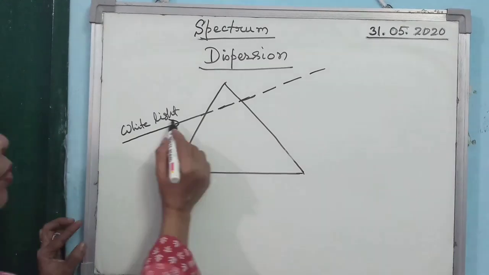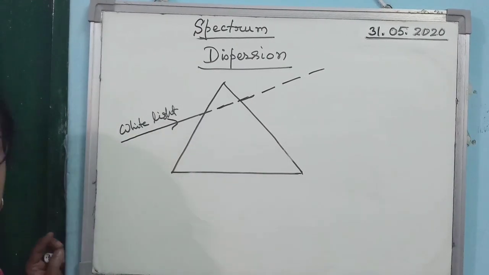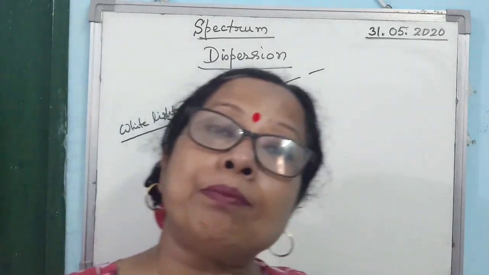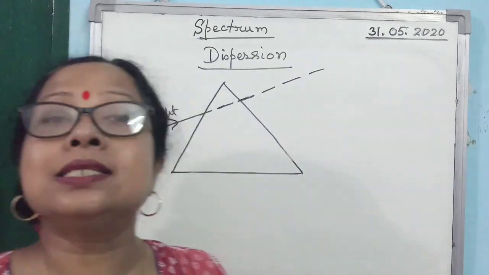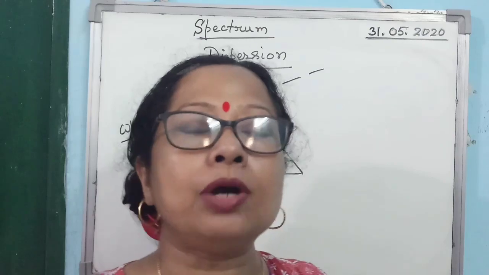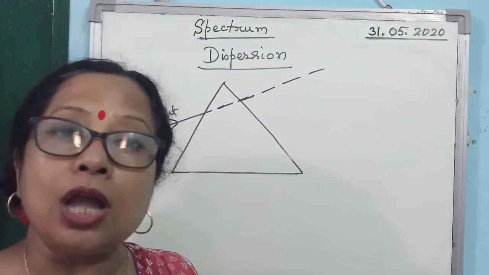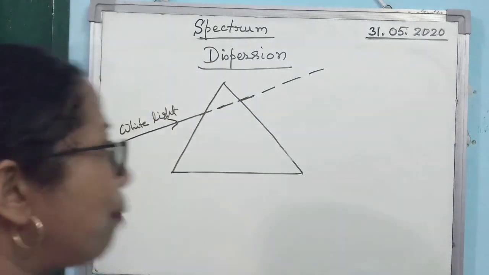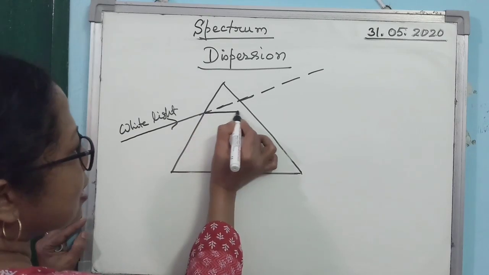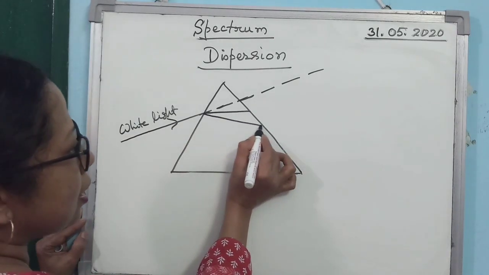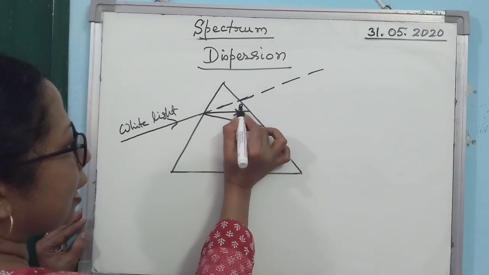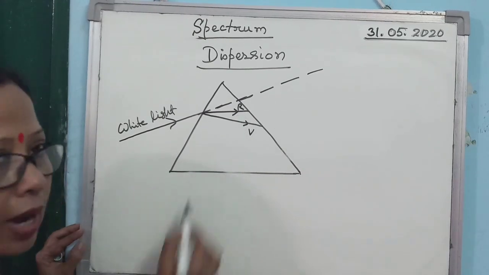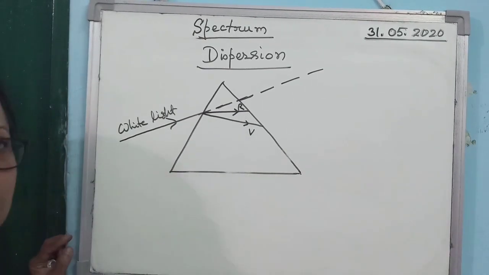Is that clear? Now you see what will happen when the light falls on the prism. Different colors will suffer different amounts of deviation. As different colors suffer different amounts of deviation, they will no longer stay together, because the deviations are different. So you will see that it will be split into 7 colors. I am not drawing all the 7 colors, I am just drawing the extreme end colors, that is red and violet. So it will be split into red and violet color.